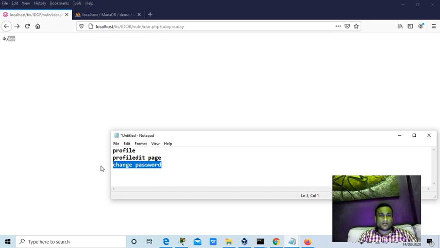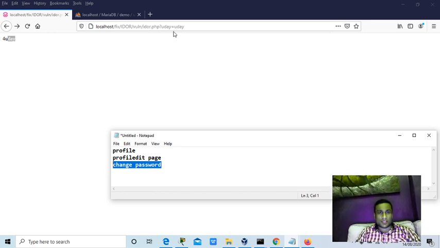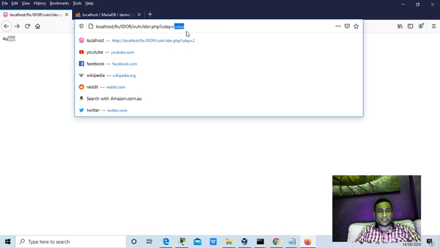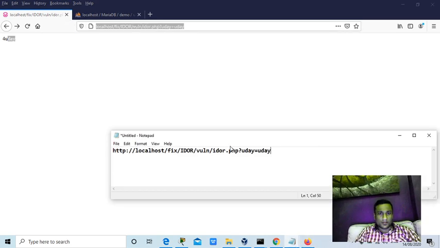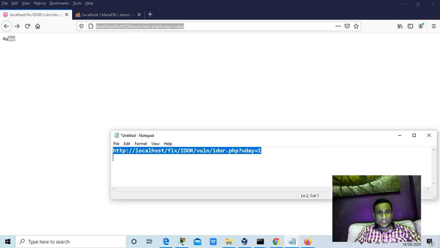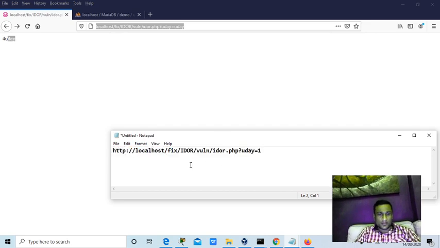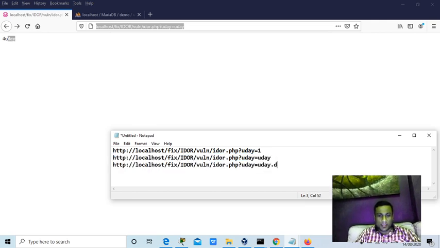Now, to check IDOR, most of the time the first one is integers. I'll be showing you 10 examples of the things it could work on. For integers it could be something like this, or for strings it will be like Uday, and then you need to rename it with names which you already know. The third one is something like an email address, which is also possible.